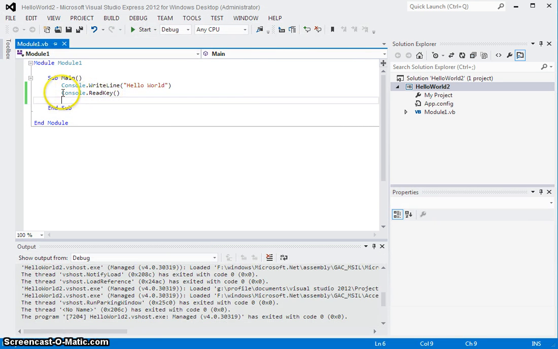Now, it's worth knowing that read key is a function, it returns a value. But what we've done here is ignore it, so we haven't put it anywhere, so that value is thrown away. So we're treating a function like a subroutine. That's a perfectly valid thing to do, but what we can also do is capture that value,